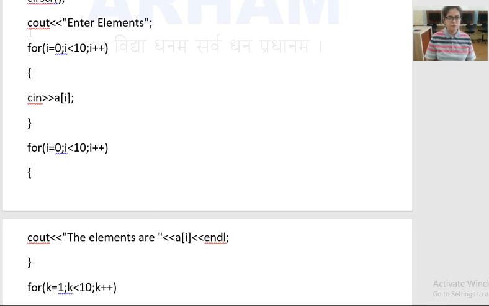Up to this line, we have just entered the 10 numbers. We have entered the 10 numbers by using a for loop, and after that we have again applied a for loop to display the 10 numbers. So these two loops will display the 10 numbers on your output screen that you want to sort. After that we have printed the numbers on the output screen. Now we have to apply bubble sort on those numbers so that they are arranged.